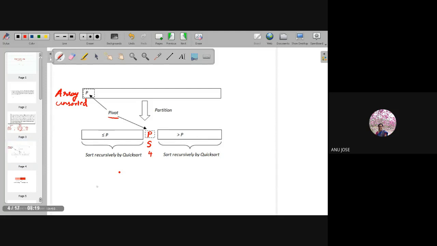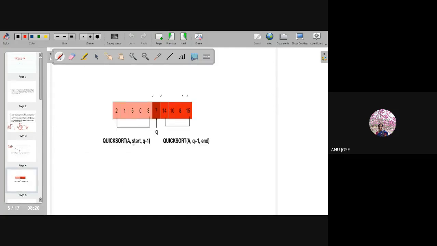For example, look into this case. Here you can see this is the p element, and P has the value 7. Look at the left hand side: 2, 1, 5, 0, 3. They need not be in order.